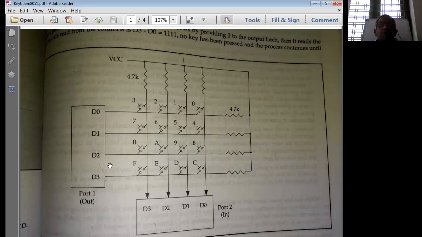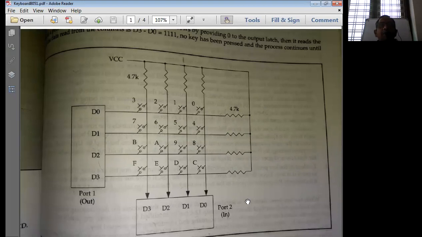There are two logics in this method: common anode and common cathode. Whatever the method may be, we are not bothered about the method of connecting the various switches to the microcontroller device. For simplicity, we have taken only 4 rows and 4 columns. Thereby, we are going to get 16 keys, since 4 into 4 is 16. So we can form a 16-key keyboard, which is the most primitive matrix keyboard that we consider here. This is the keyboard configuration we have.